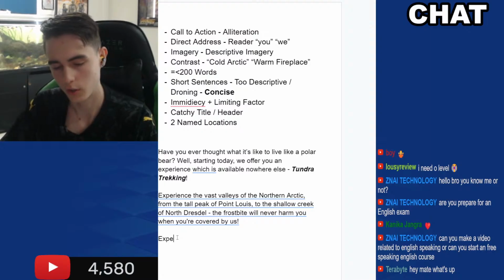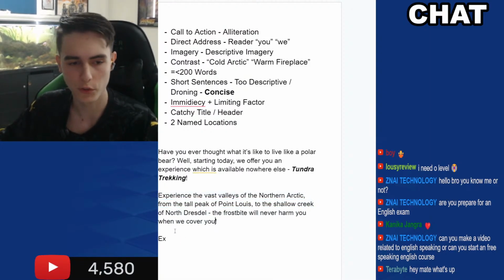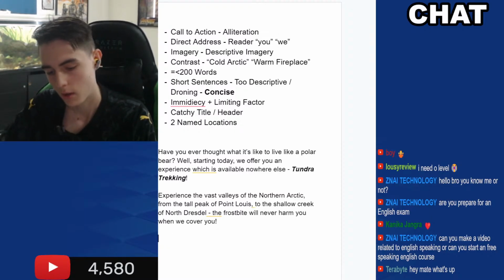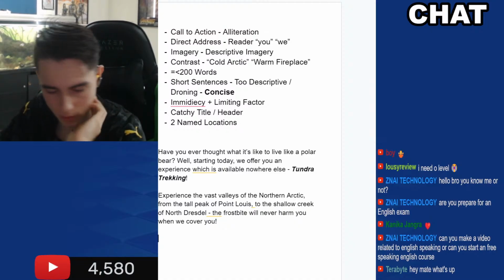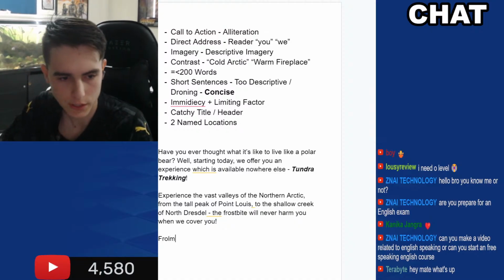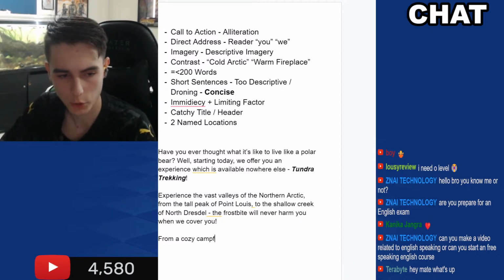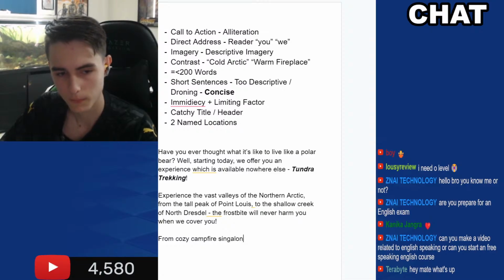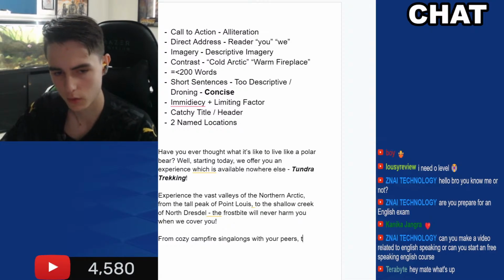Nice. We start with "experience." Don't try and start your paragraphs with the same thing multiple times, so you want different stuff. Experience the vast valleys, so we're going to start with something else instead. Let's think of some starters. From a cozy campfire. From cozy campfire sing-alongs with your peers